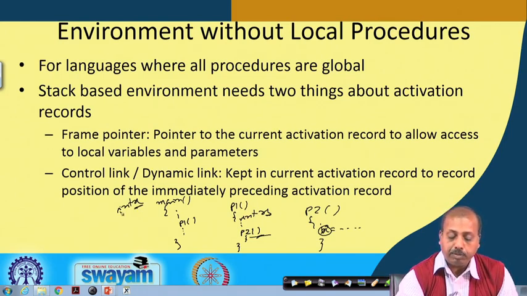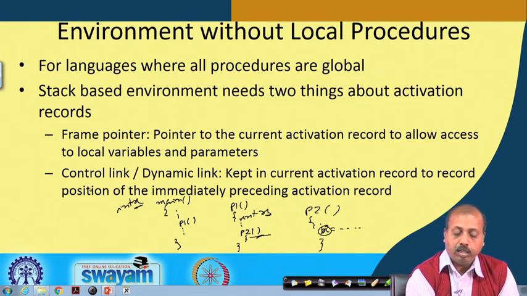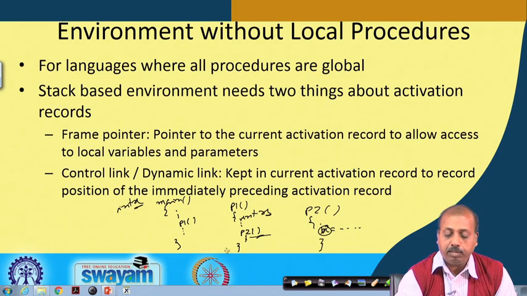Now, if it is a dynamic scoping rule, then it can tell me which x to follow. There I can have in the activation record one control link that can tell what is the preceding activation record. That way I will first search in the activation record of P1 and get x there. So, when I am writing x equal to, it will refer to this x.